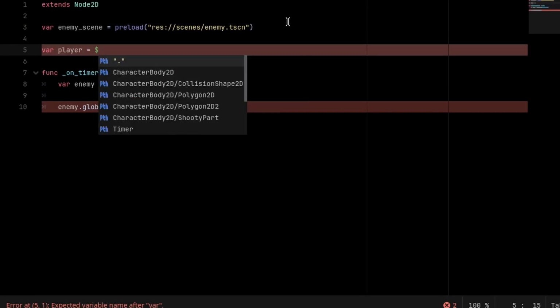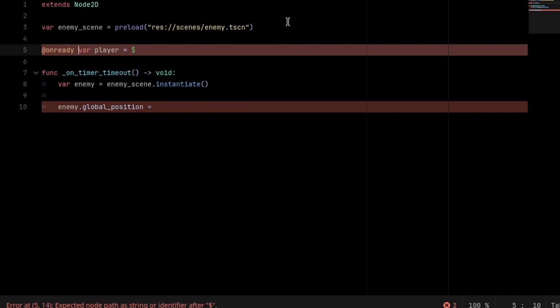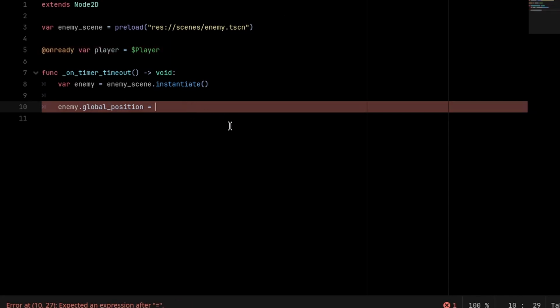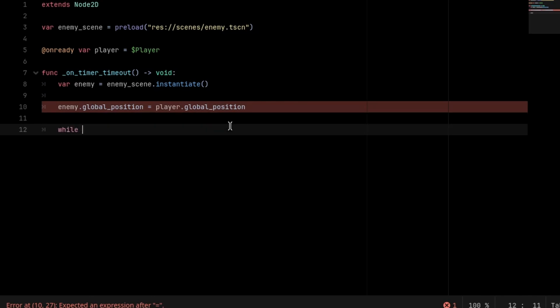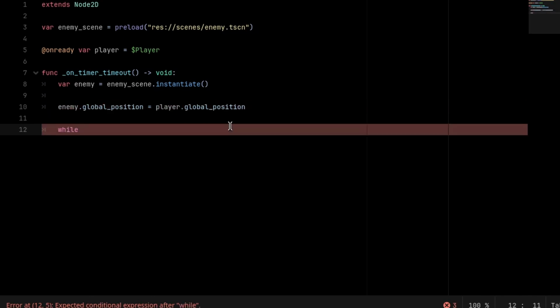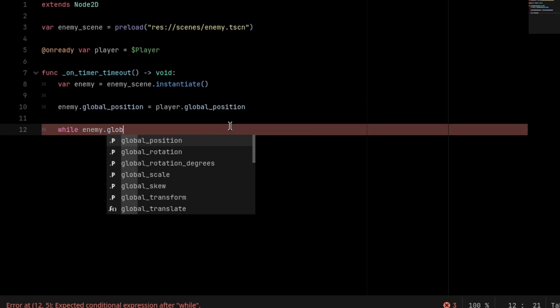So I'll create a new onready variable, onready var player, and it's going to be the player node. Okay, so enemy.global_position is assigned to player.global_position, and this is just temporary so that we definitely go into this while loop. So while enemy.global_position